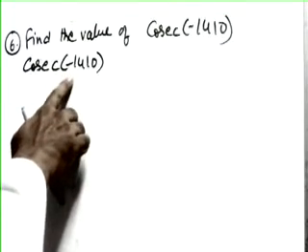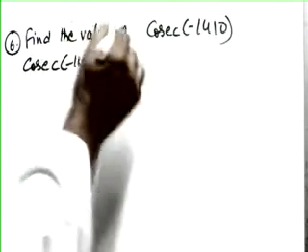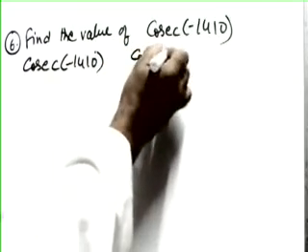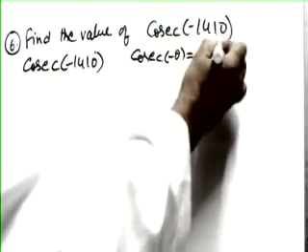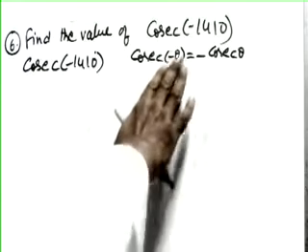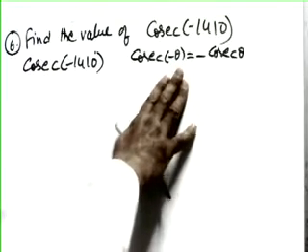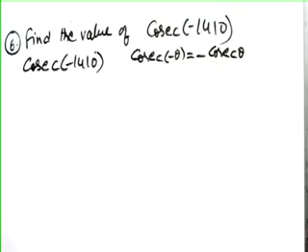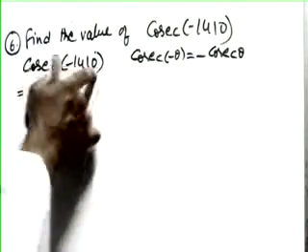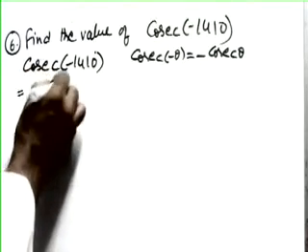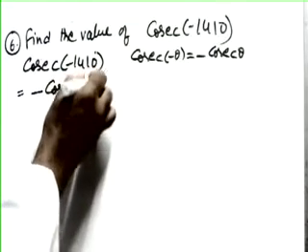Now see here, let me start this question: cosec of minus 1410 degrees. We know cosec of minus theta is minus cosec theta. To have the formulas, you can go to part 2, part 3, part 4, where you get the complete formulas. So let us start. Cosec of minus theta is minus cosec theta.